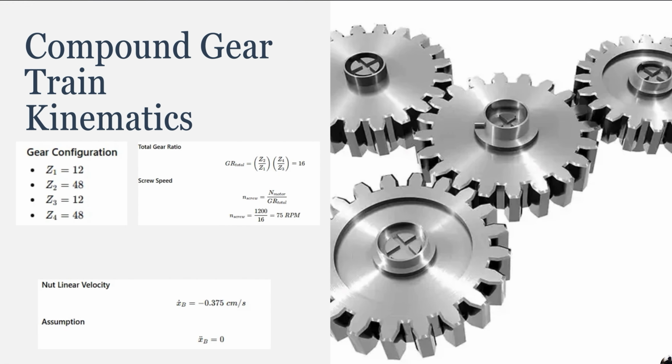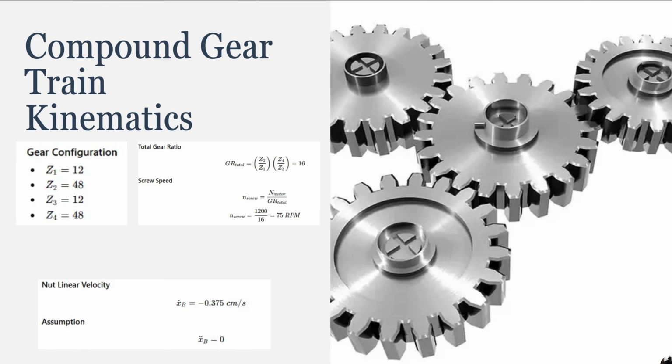The next one is compound gear train kinematics. The first analysis was studying the compound gear train. Instead of using a single large reduction gear, the transmission was divided into two stages. This configuration allowed us to achieve a high reduction ratio while keeping the mechanism compact. The first stage consists of a 12-tooth pinion driving a 48-tooth gear. The second stage uses the same configuration, and by multiplying both reduction stages, we obtain a total gear ratio of